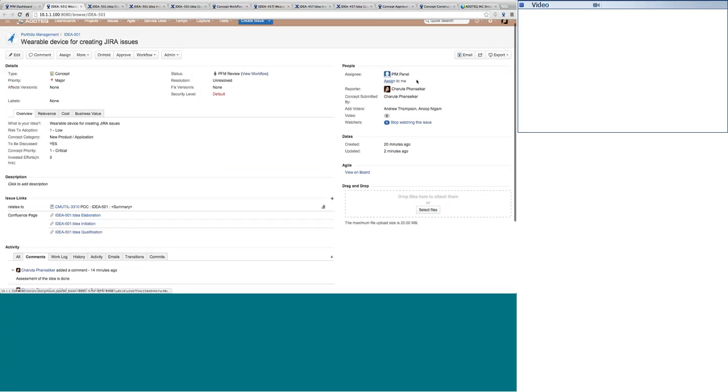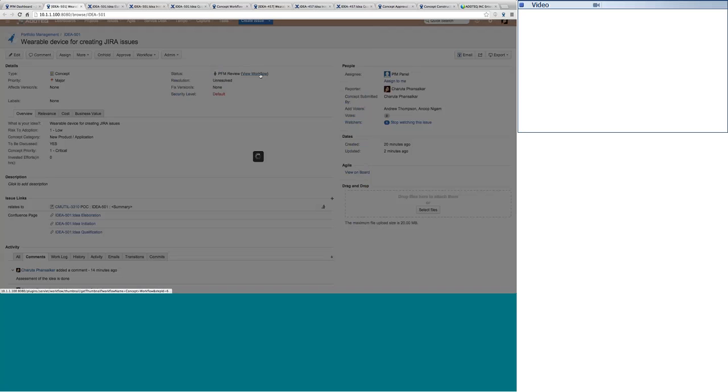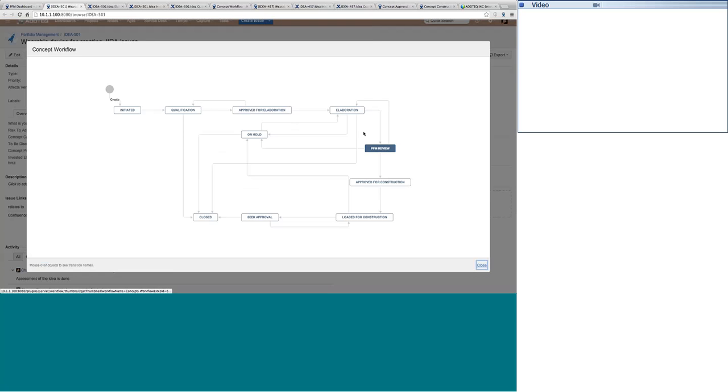Now let me tell you that here you can have a single assignment, because based on your organization structure, it is possible that you are keeping only one person accountable to look after the concept in the PSM review stages, or maybe you have a panel of people who come together for a ceremony of having the review of a set of ideas that are elaborated and are waiting for it. So it's going to be a big thing.